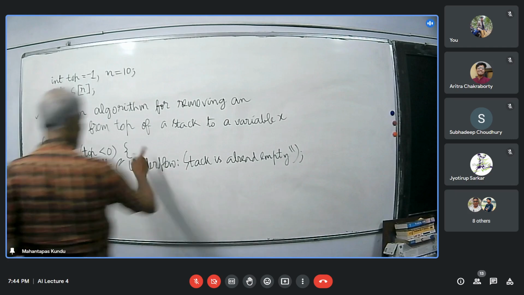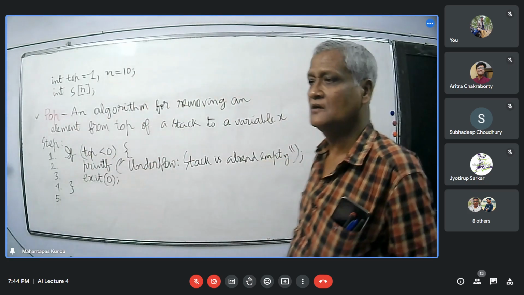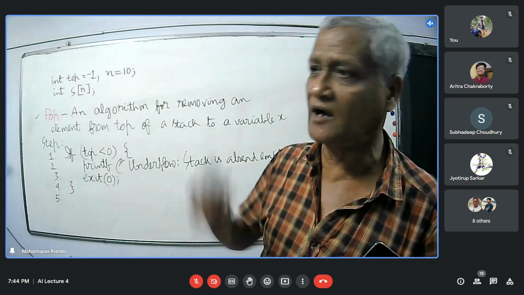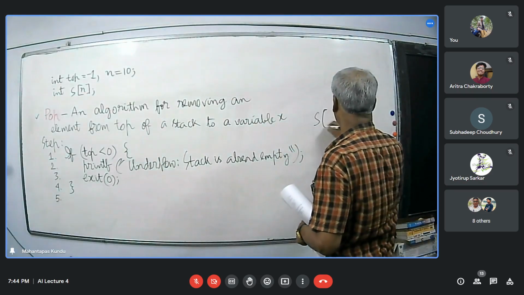Now, if we find that top is not less than 0, it means there is some element at the top of the stack. And how can we access that element? By referring it as S top.